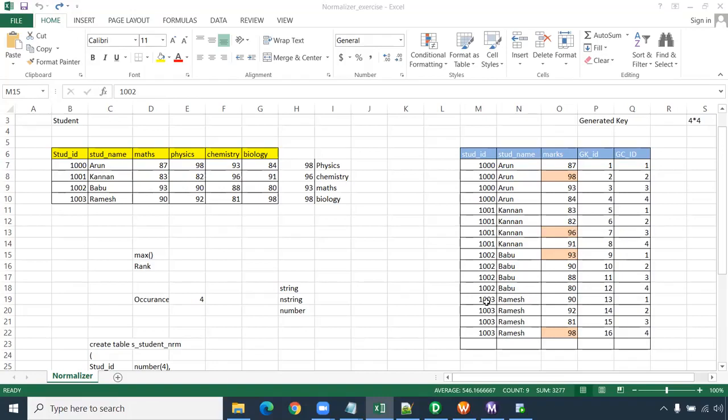Same way, I'm taking the other students' marks. Okay, I will take the marks here. Here I have the 4 columns. Here I will be taking the single column. Here I have 1 row. Here it is taking 4 rows, multiple rows. This is called unpivot operation. You can see this value. After that, for example,